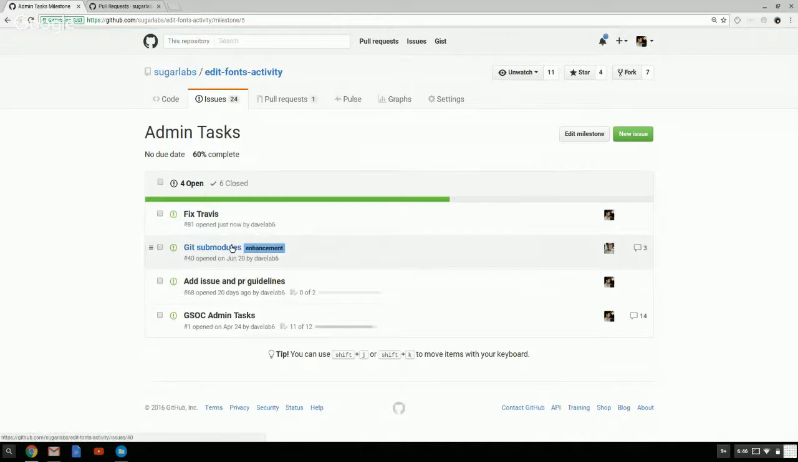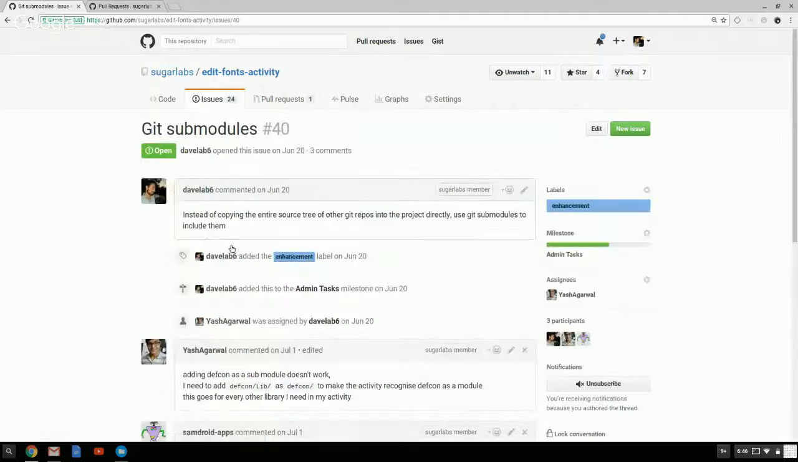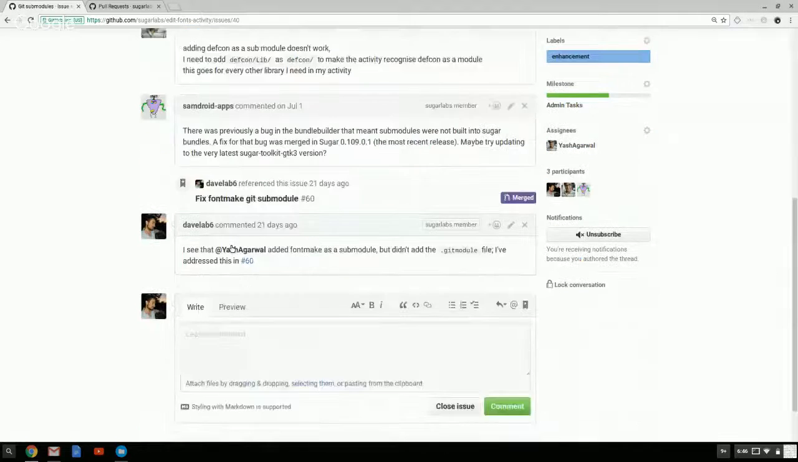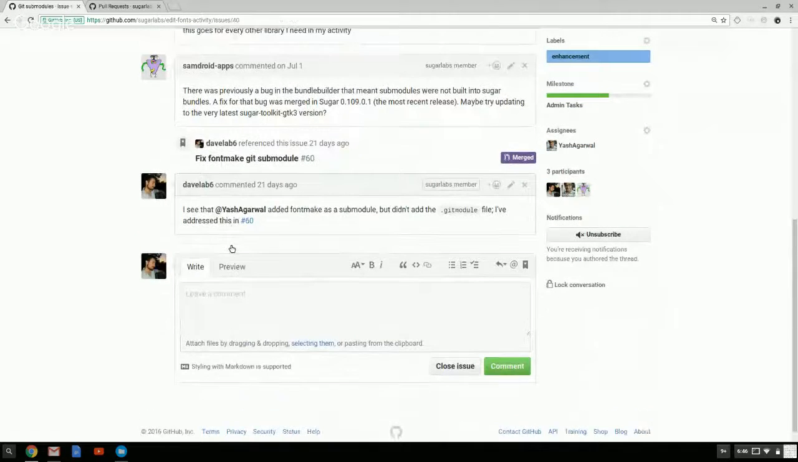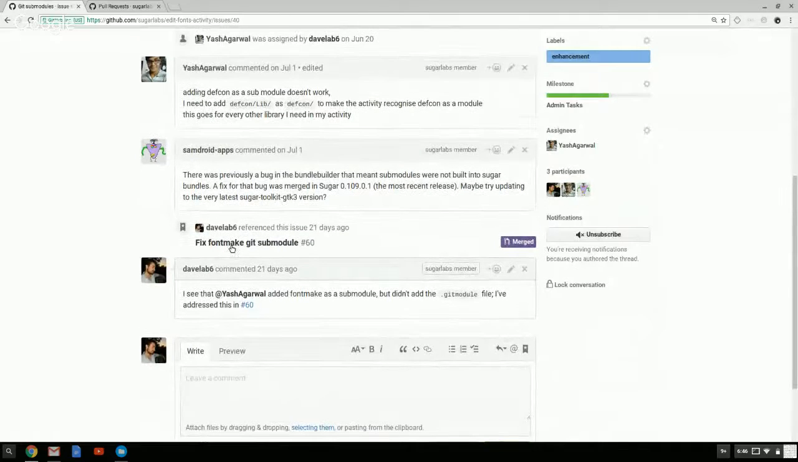And then the Git submodules thing. We have something as a Git submodule now, right? Yeah, the font make module is a Git submodule. I can make the rest of them too. But the problem with that is actually I don't need the